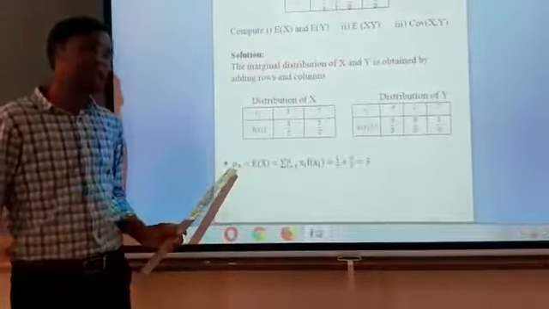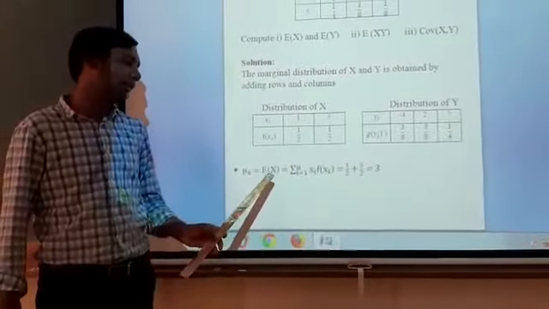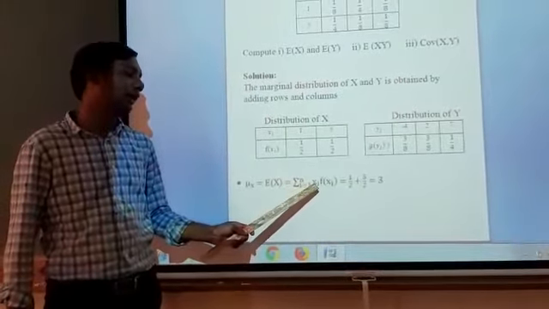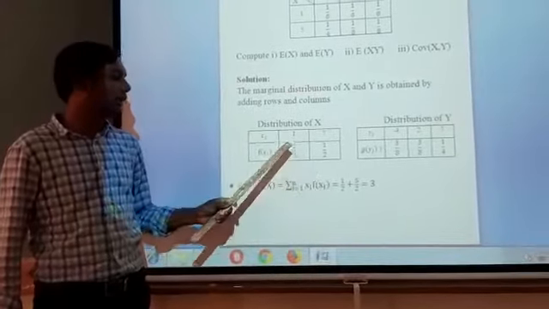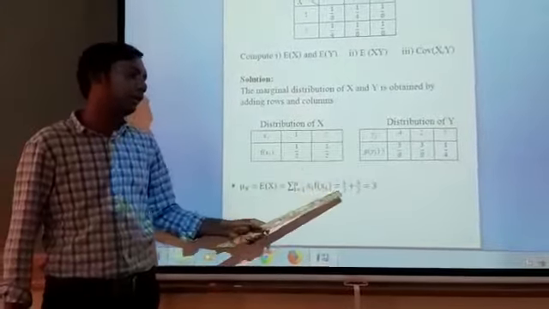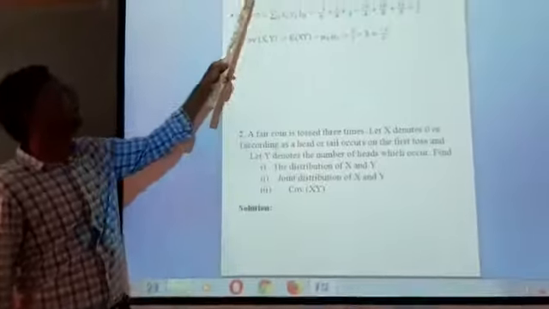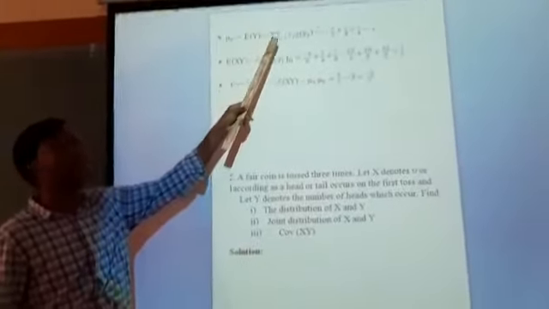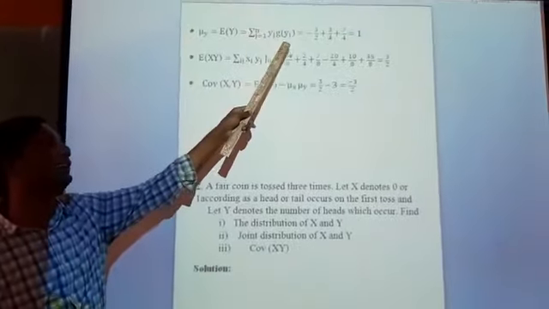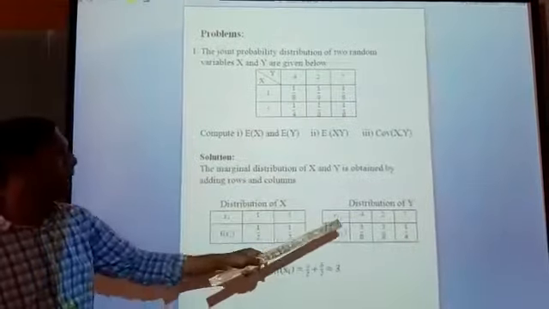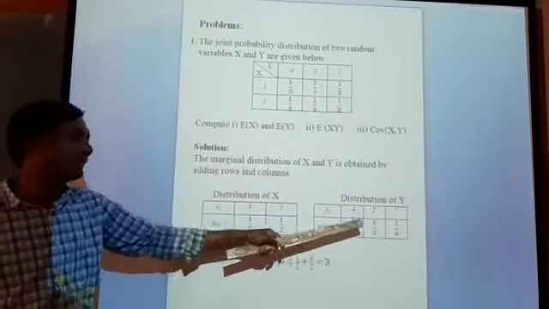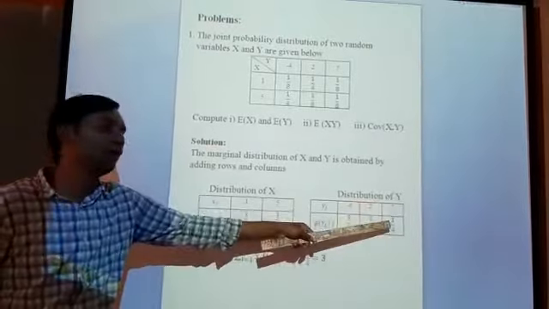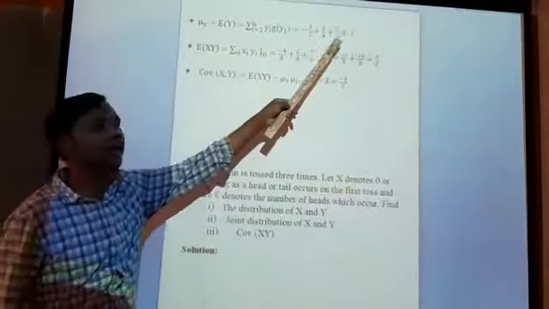By using the distribution of x and the distribution of y, we find expectation of x and expectation of y. Expectation of x, or mu x, is equal to the summation of xi into f of xi. So that is 1 into 1 by 2 plus 5 into 1 by 2, we get 3. Similarly, E of y, or mu y, equals the summation of yj into g of yj, from the table. That is minus 4 into 3 by 8 plus 2 into 3 by 8 plus 7 into 1 by 4. On simplification we get 1.